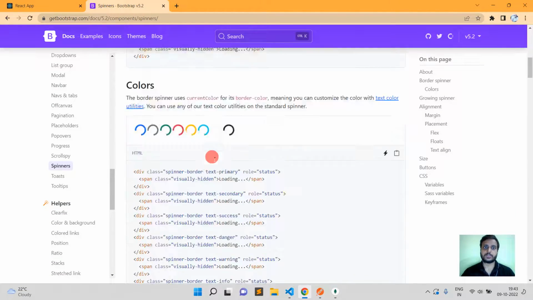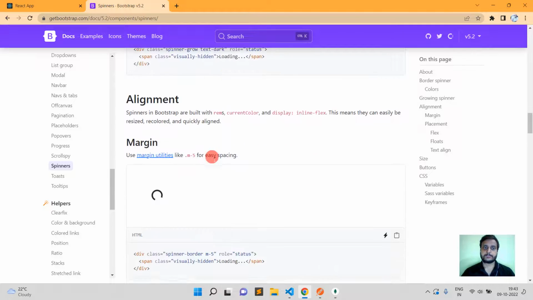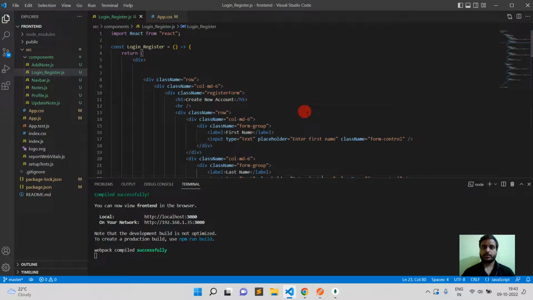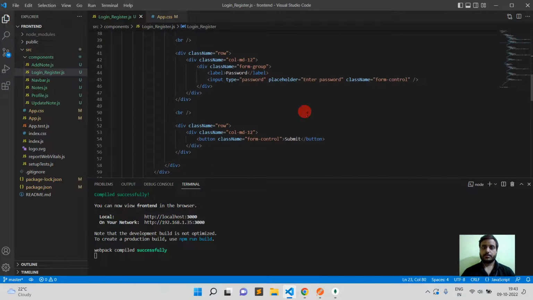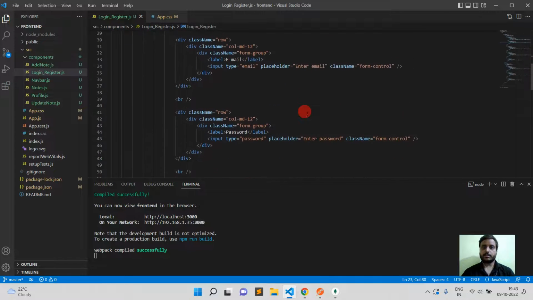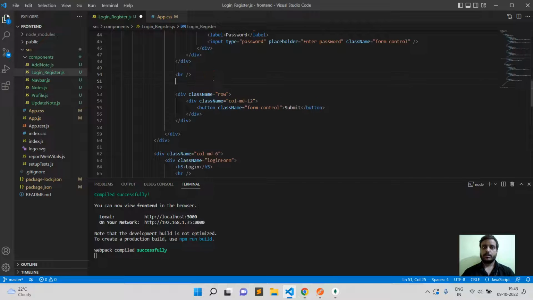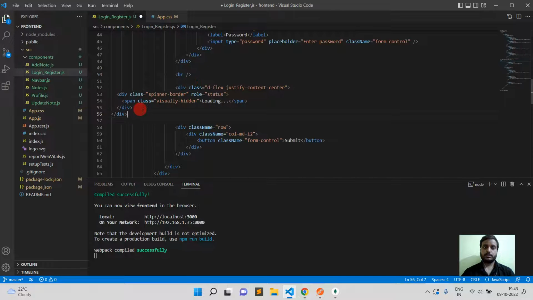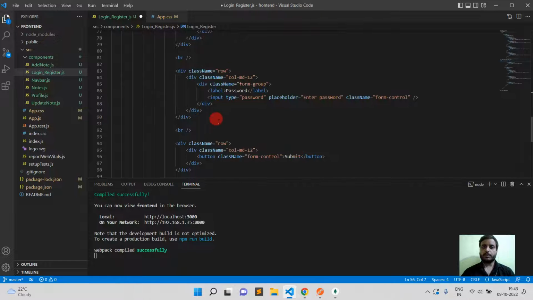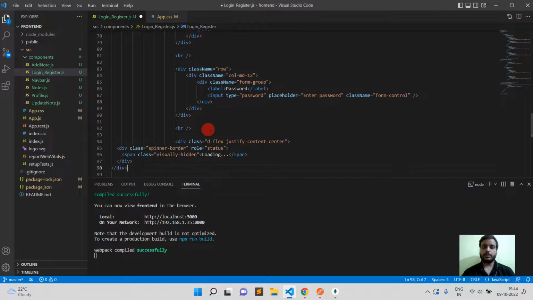Just press on spinner, and this center spinner I am going to use. So in the register form before the button, just paste this, and in the login form before the submit button, just paste this,